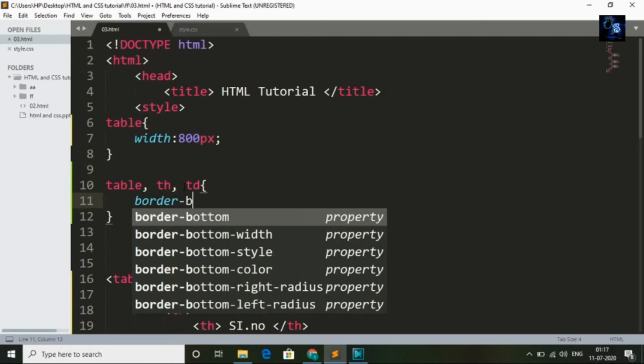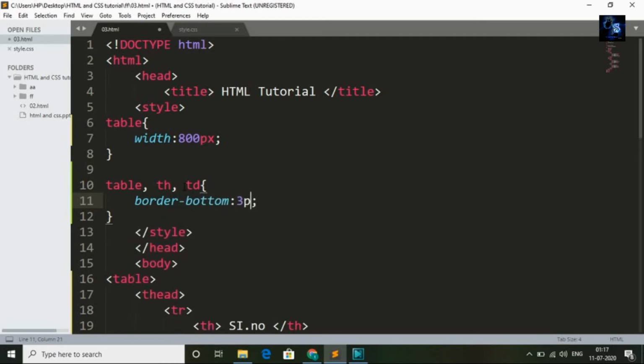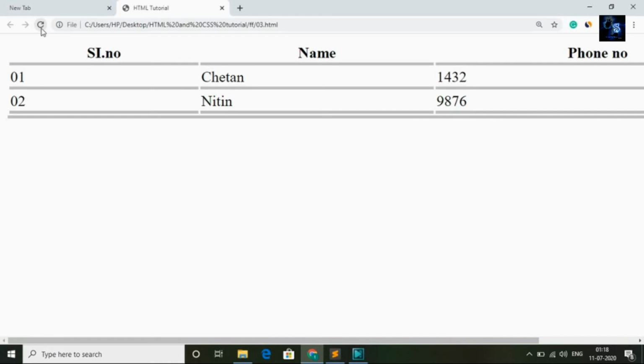Border bottom 3 pixel solid and I will give color silver. Now I will save this and I will go back to browser and I will refresh. Here you can see silver color border.